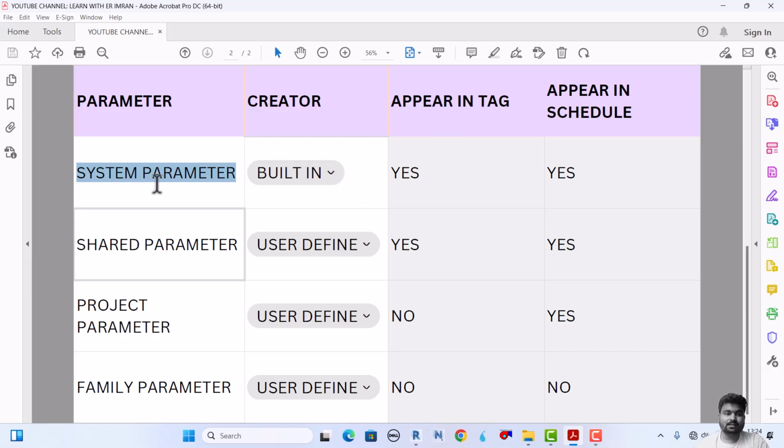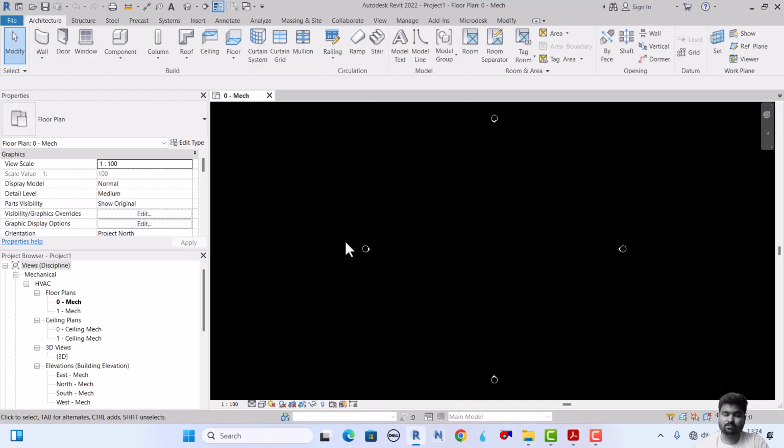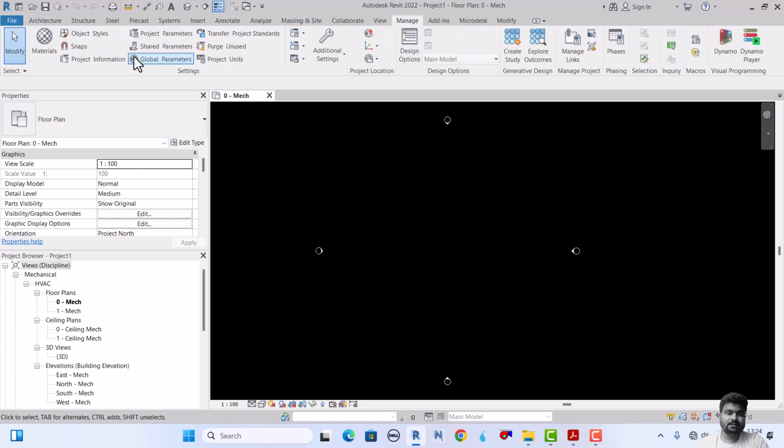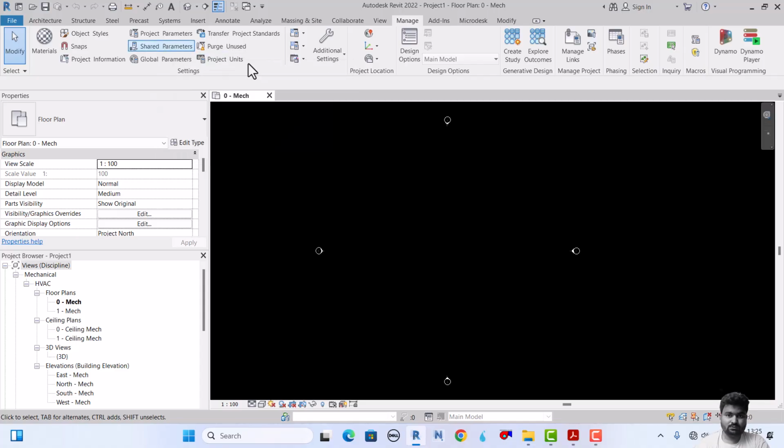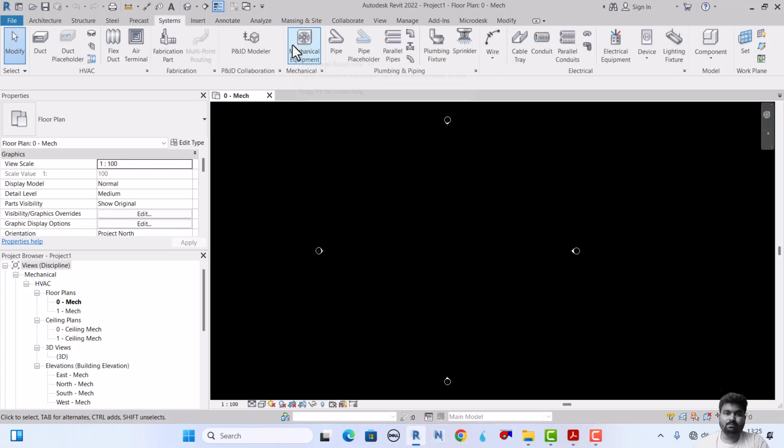And for system parameter, we can tag and we can make the schedule. So let's first understand about system parameter. Where is the system parameter? See here, if you check project parameter, shared parameter, global parameter, where is system parameter? No. So see, if I place, suppose, an equipment